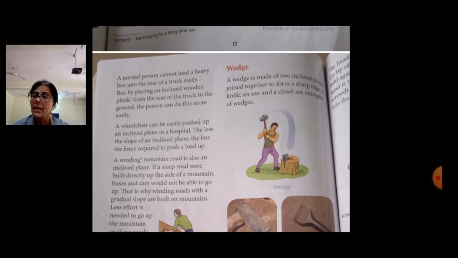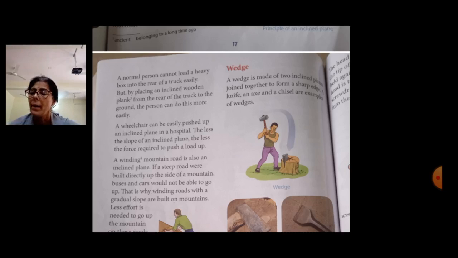मतलब ऐसा steep, अगर सीधा अगर हमने use किया road वहाँ पे, तो buses and cars would not be able to move up to the hilly area, अगर वहाँ जाने के लिए ऐसा straight रास्ता बना, then vehicles आगे चल जा पाएंगे नहीं, it will come back with the use of gravitational force, right? So this kind of inclined plane type of roads